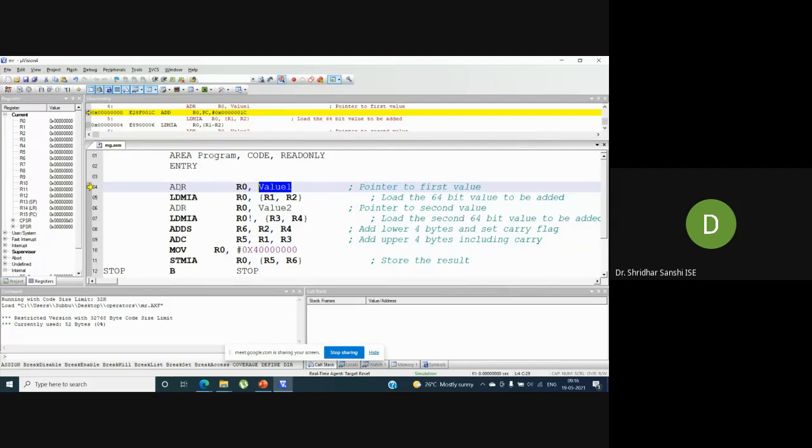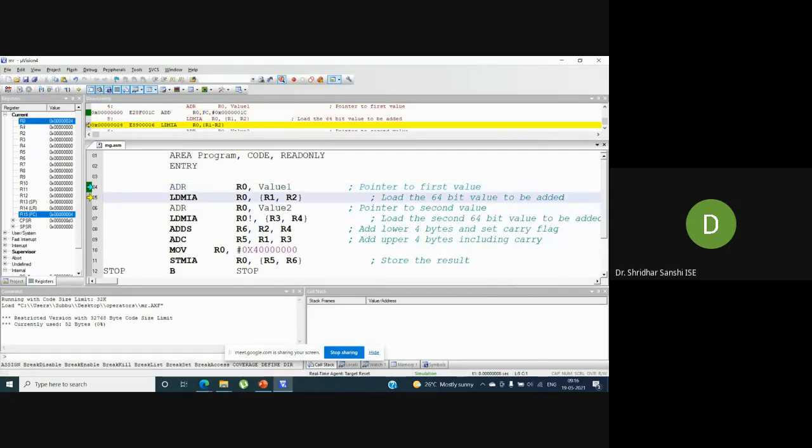When I say ADR, the address where this value is present will be stored in the register R0. So this is the address where this value is stored. Now from this address, whatever it is pointing to, I'm copying